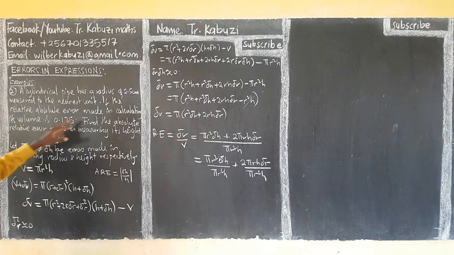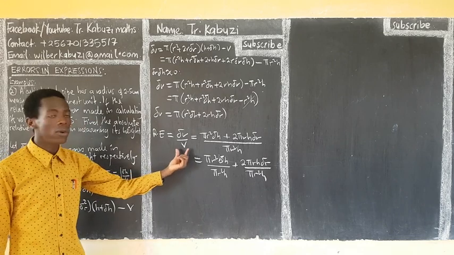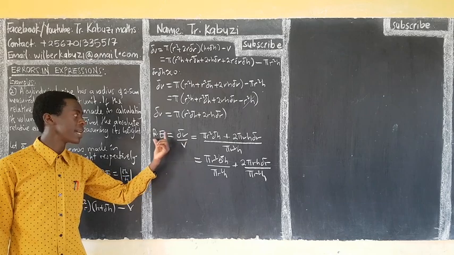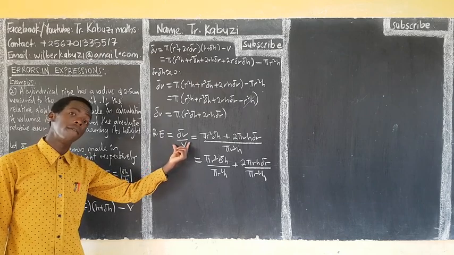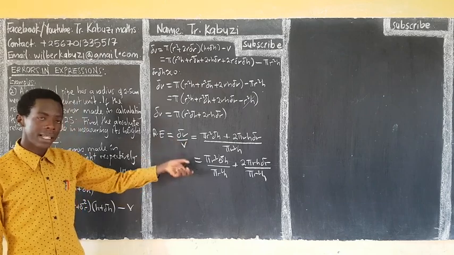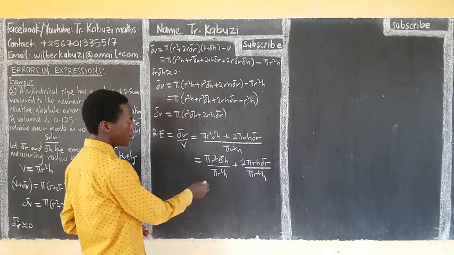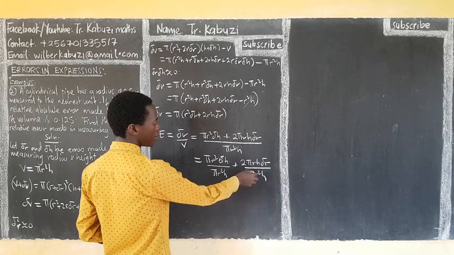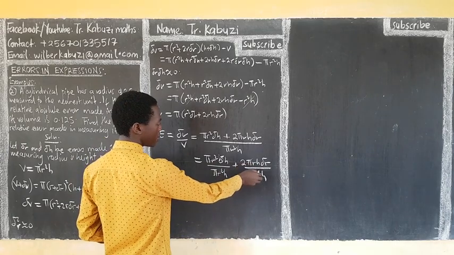Because they talked about measuring the absolute relative error made in calculating its volume, that's why I'm also looking for the absolute relative error for this. But if you start by getting the relative error over the volume, then after that you shall get its absolute error. Now, this will go with these two, then this goes with this one,